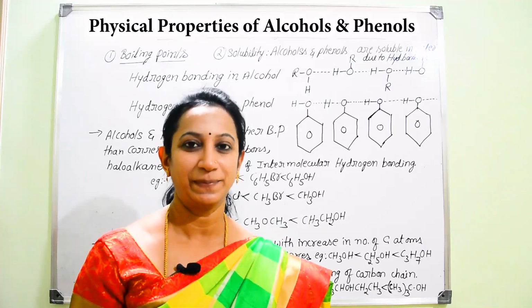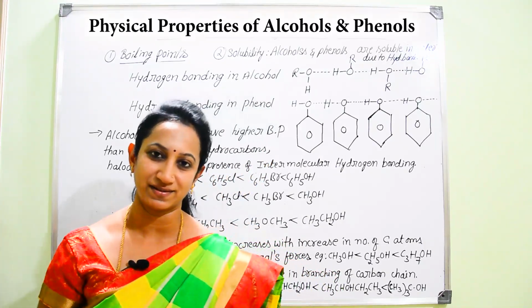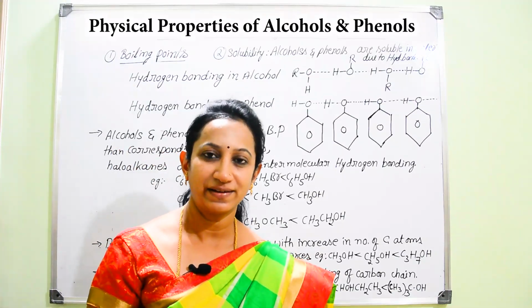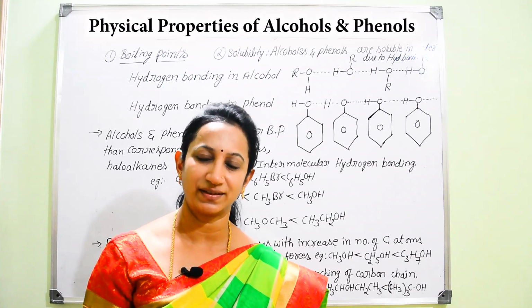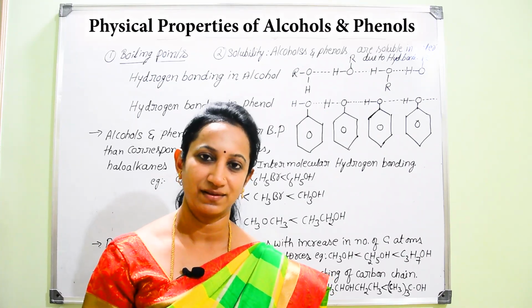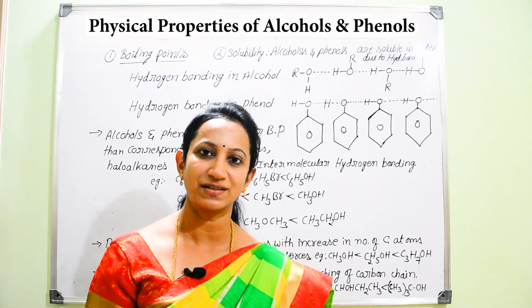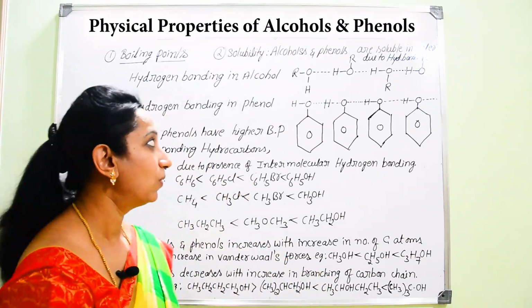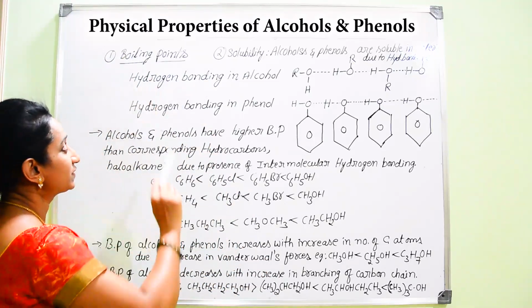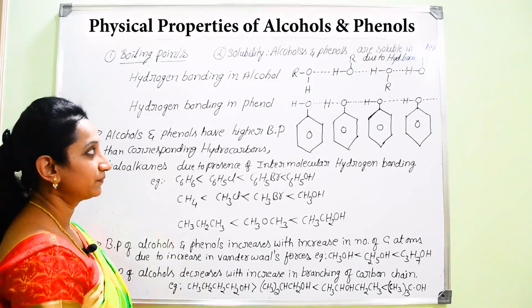After learning about the preparations of alcohols and phenols, now we can go for the physical properties. Very importantly, there are 2 important physical properties that you should know, both for the theory part as well as for objectives. They can raise a 1 mark question in theory, and you will even get multiple choice questions regarding these physical properties. The first physical property you should know is regarding the boiling points.